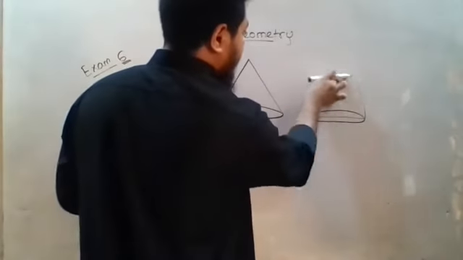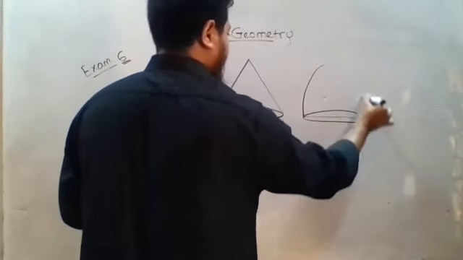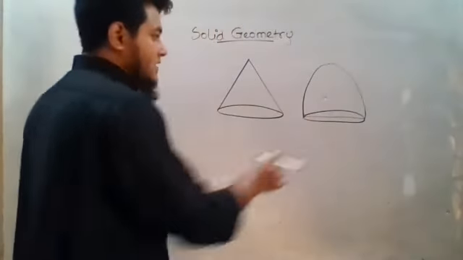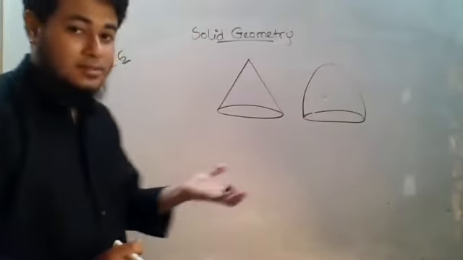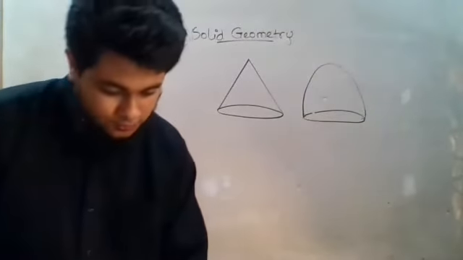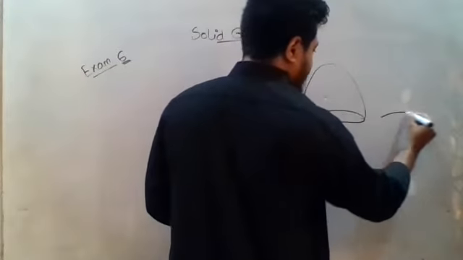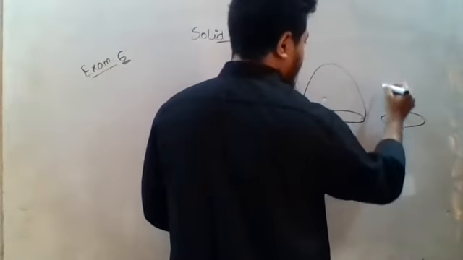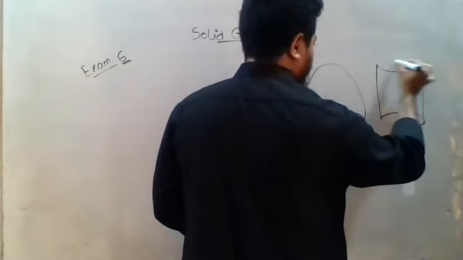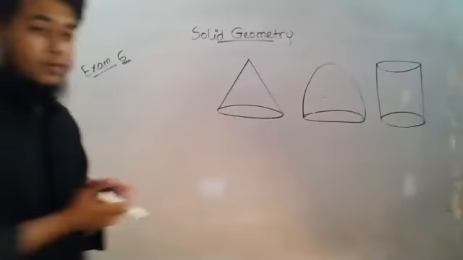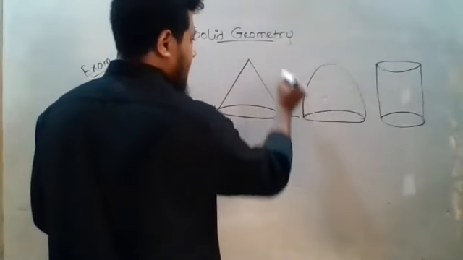The height is not the same, I guess. The height has to be. This is a semi-sphere. I will tell you why I am drawing this one as a circle, the base, why this is a circle. Then there is a cylinder. This is a cylinder. Now all of them have equal height as it is written in the question. If you see the height,